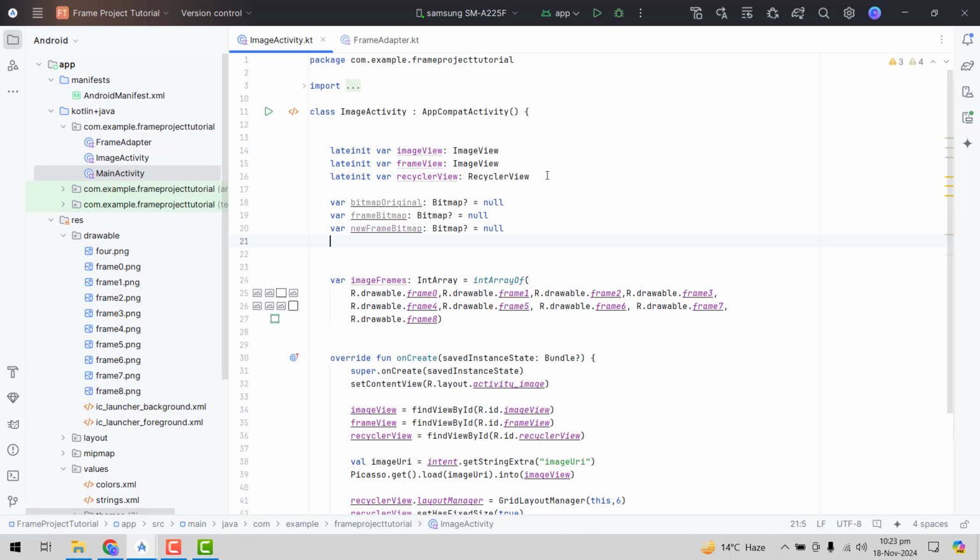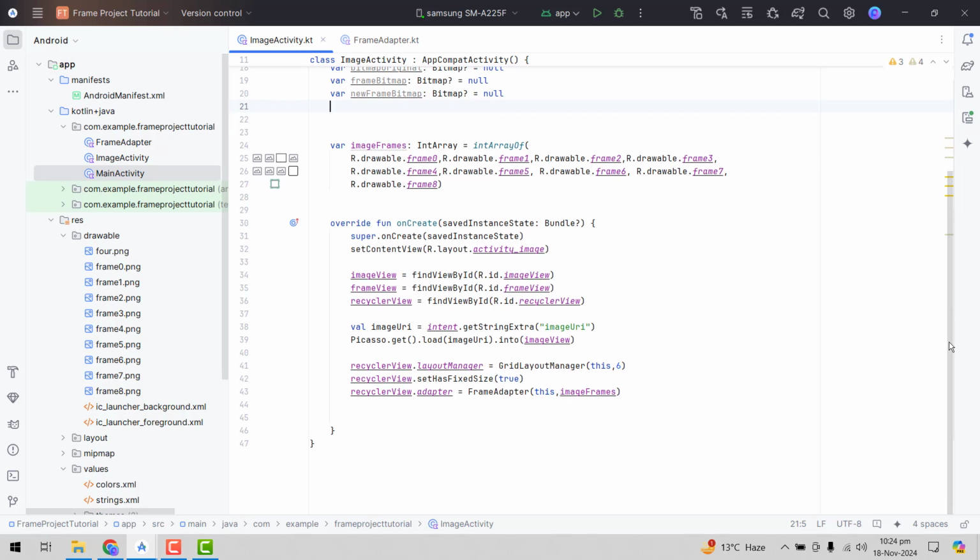All right, and after that we are going to set it up, because if the user picks an image, that image can be rotated, so we have to make it correct. So in order to do that, let me go back to our onCreate method. As you can see, we have the image URI, and here for that let me write